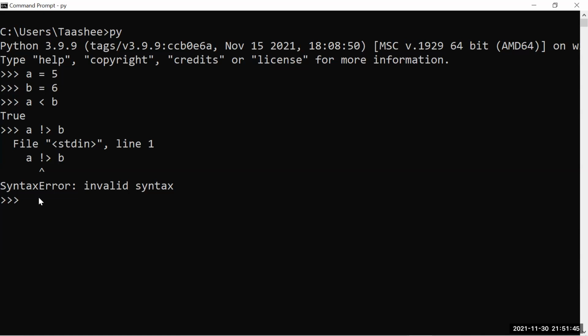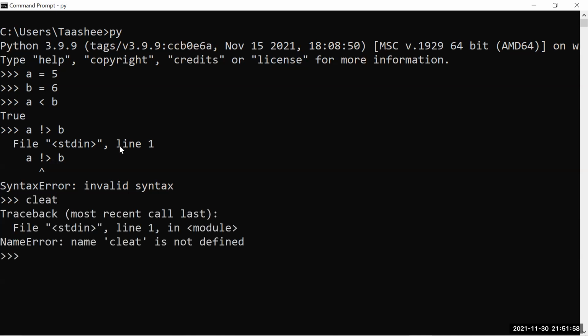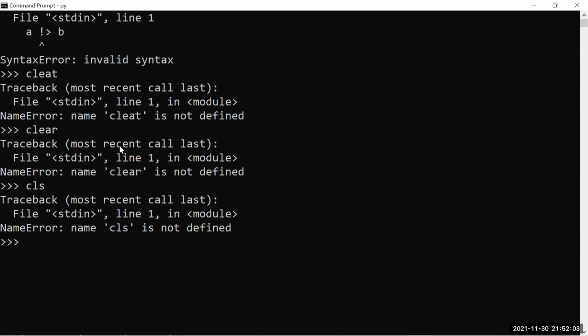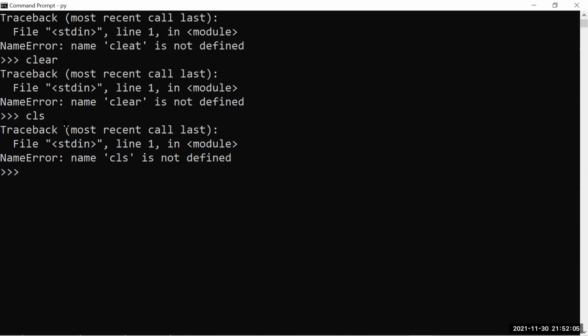I don't know how to clear this. Does anyone know how to clear this terminal in Python? I even tried clear and cls, nothing is working. Any idea on how to clear the terminal in Python, not with respect to CMD?